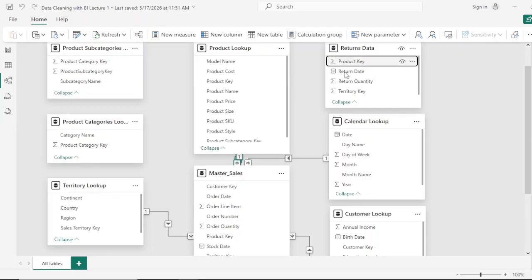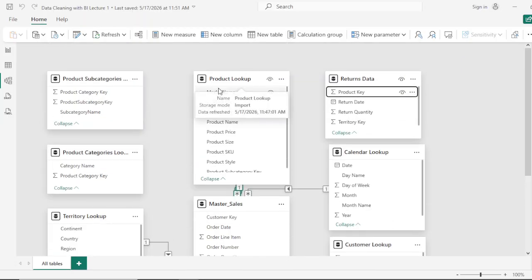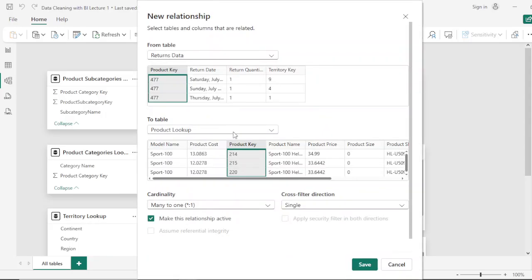We can go to the product key, return key. See, there is a relationship between product key and here is a product key. Okay, so if you select product key with the product key, but return data, there are two tables, product lookup and return data. If we select a product key with the product key, it will not be a suitable match. So let's check it. This will show many to one. But return data, what we understand,